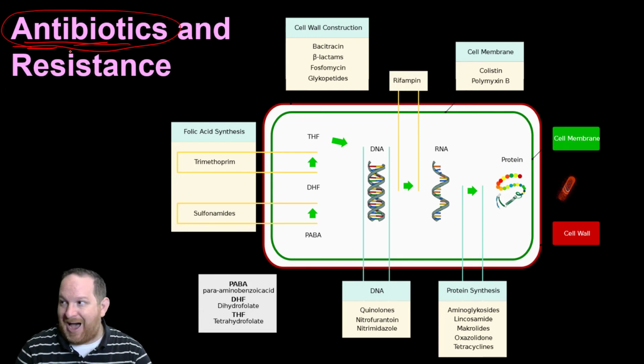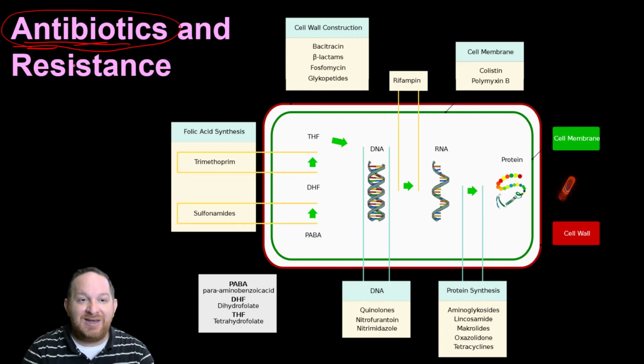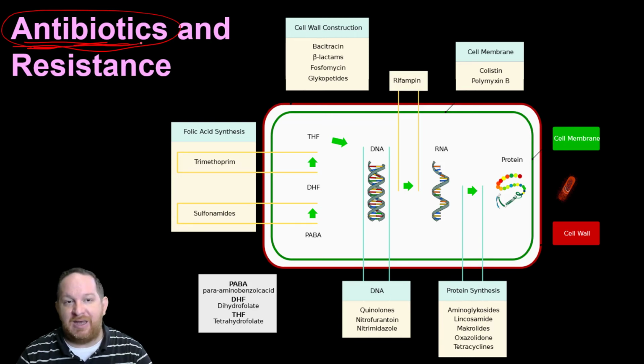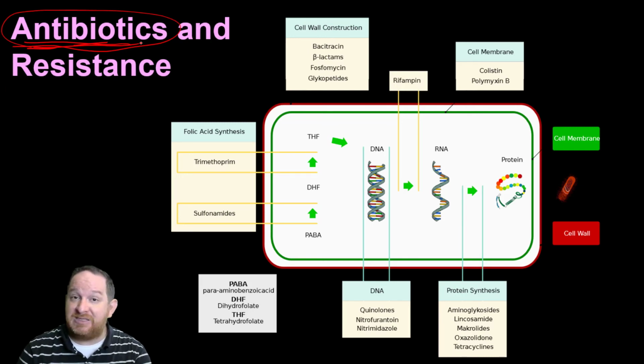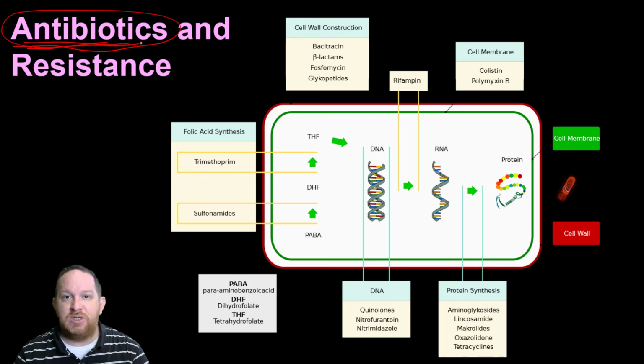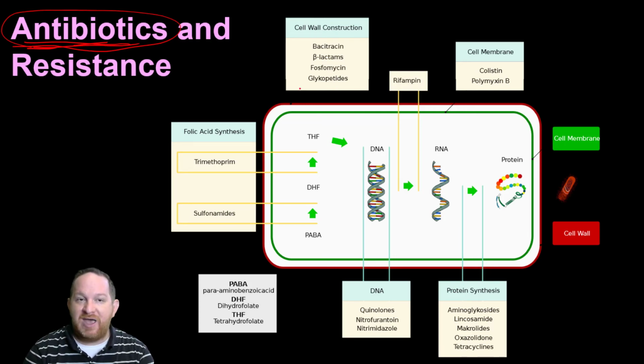I don't want to kill my cells. My cells are living. I don't want to kill them. So when we're designing antibiotics, or when scientists are thinking about antibiotics, we've got to be careful and use some strategies to make antibiotics that kill the bacteria but don't kill the cells that we need. And there are a few different classes of antibiotics.